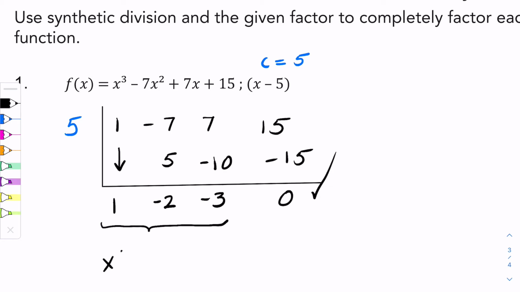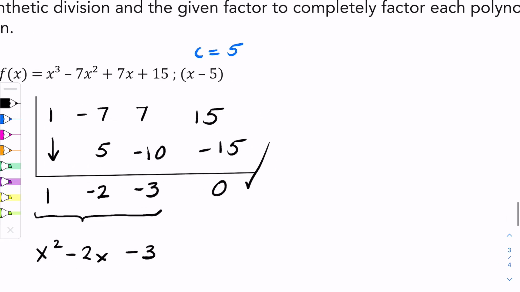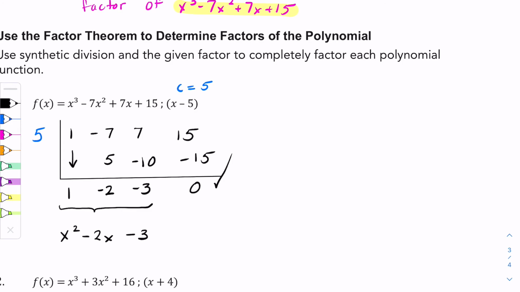We would have x squared minus 2x minus 3. All right, so this being the quotient, this being a factor or the divisor,